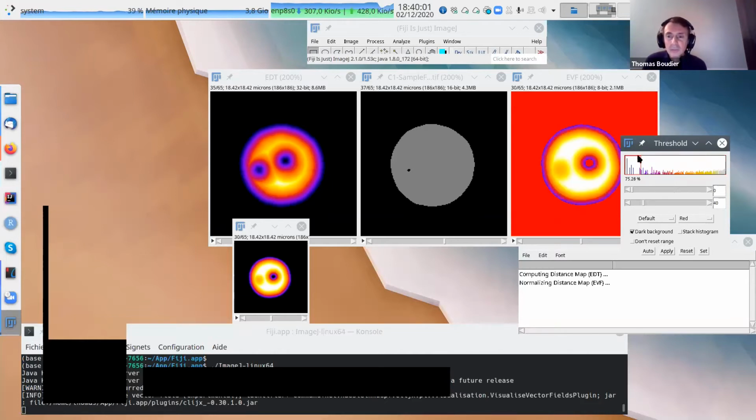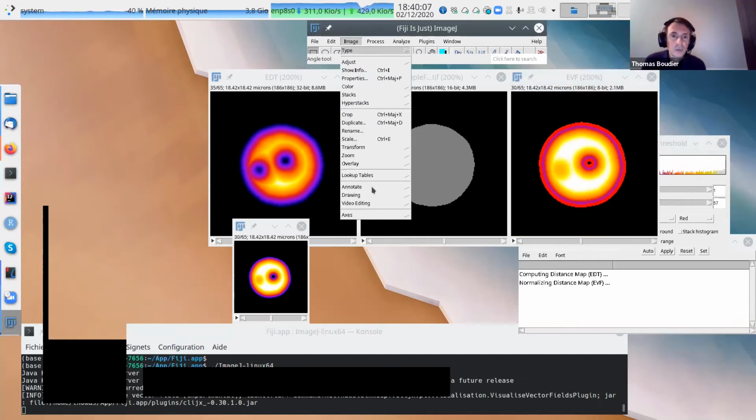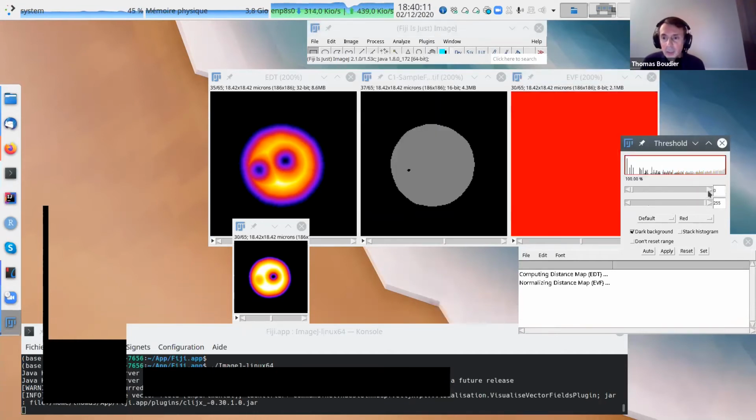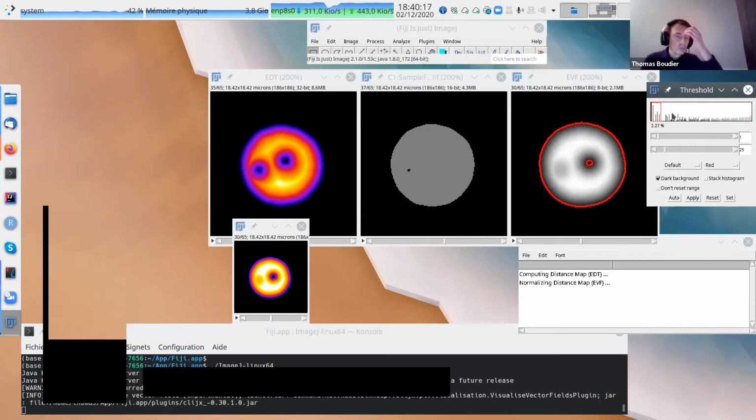The problem, yeah, 0, so maybe we just need to put 1. Yes, okay, better like this. Image lookup table, maybe we go back to gray, else we don't see anything. Okay, we do again, yes. So it's just for visualization.